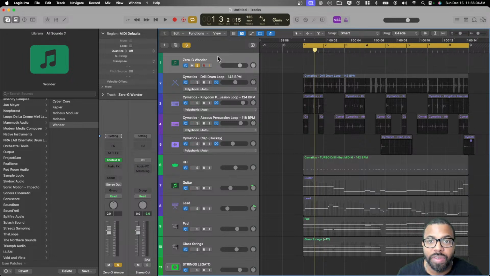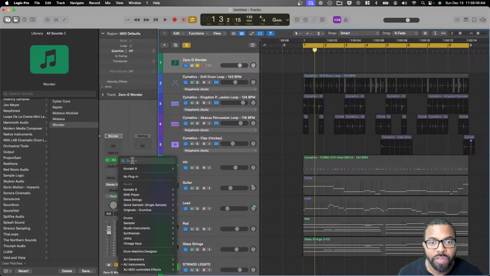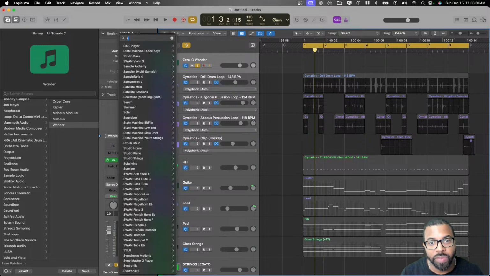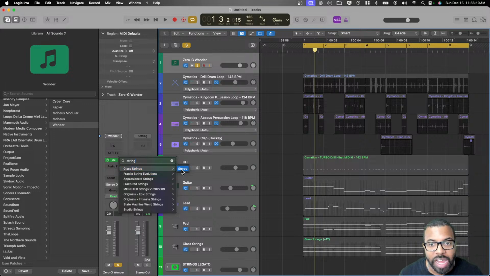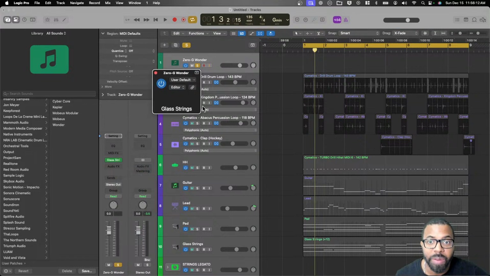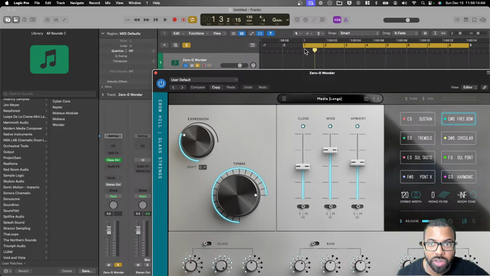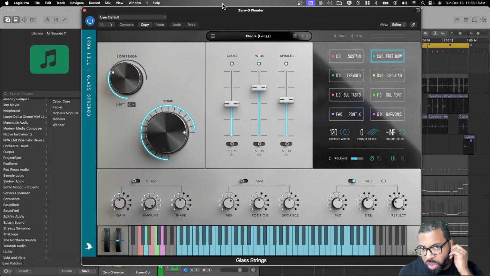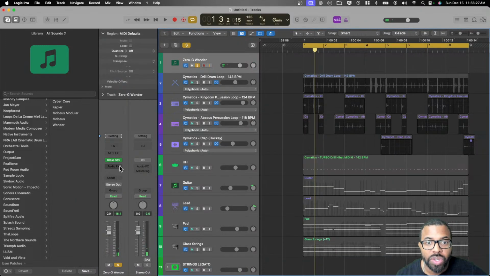So let's go over that one more time. If I'm searching for, let's say I like glass strings. So if I'm searching for strings, I could say I want to use glass strings, which is not a Contact library. So I can search for that in the new Logic search as part of 11.1. This is from the Crow Hill Company. Great string library. I don't have my headphones on, but you should hear this really nice glass string sound. But let's say I wanted to use like